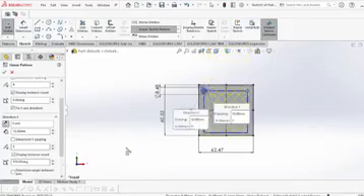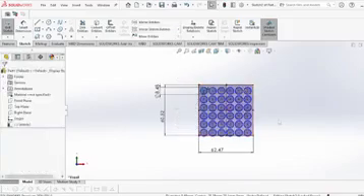So this is what linear sketch pattern can be used for when you want to produce a particular sketch linearly, both in the x-axis and the y-axis. You use the linear sketch pattern, and let's hit enter. So you have everything here, even though it's not up to scale, but that is how it is being done. Then for